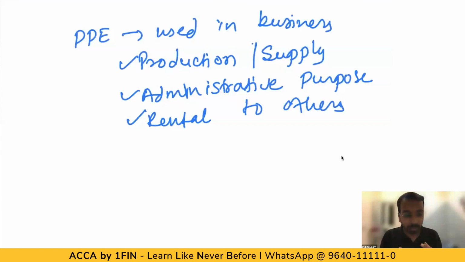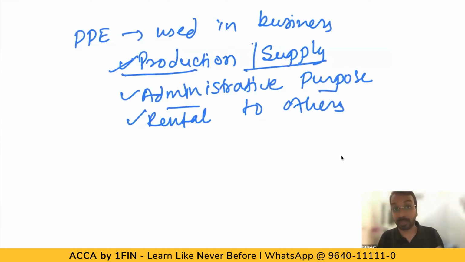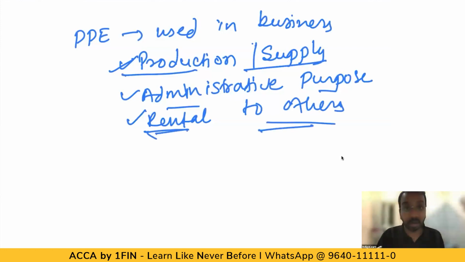Production. A machine is used to manufacture a product, a mobile phone, a car, a computer. You produce, or for supply. I am using this computer for supply of services. Now you may say, sir, what is the benefit you are getting? I have got prospect ACCA candidates, and in future maybe they will enroll with me, or I'm giving some kind of a program where students will be aware about Indigo. So somewhere or the other, if you're using it for production and supply or for admin purposes, okay, admin purposes, accountant who uses computer for admin purposes, air conditioned office for admin purposes, or for rental to others. Car is given on hire. In that case also, these are called property, plant and equipment.